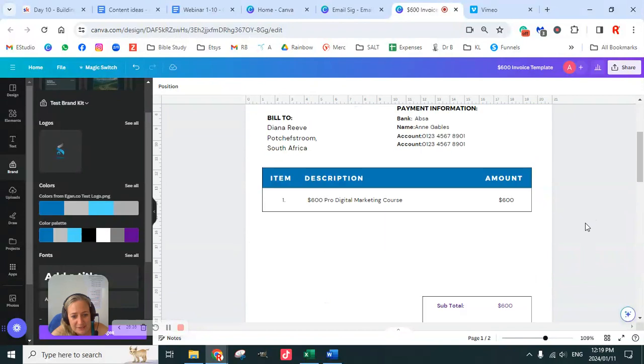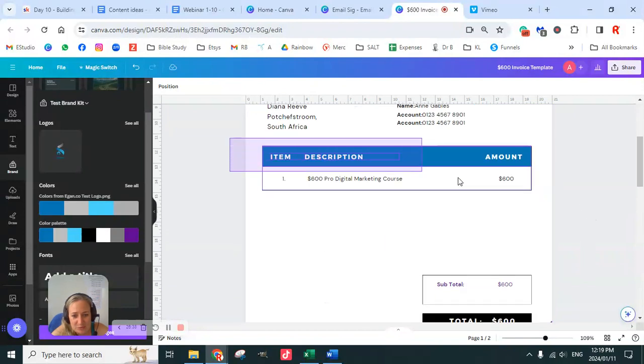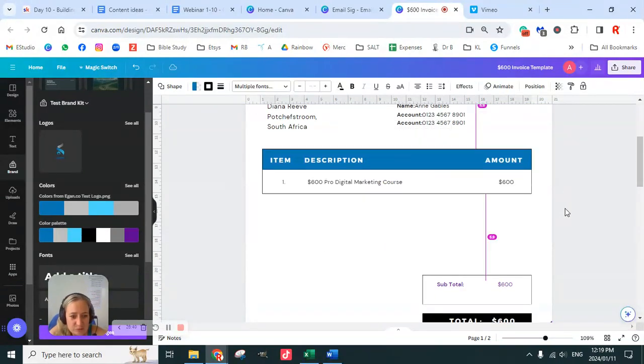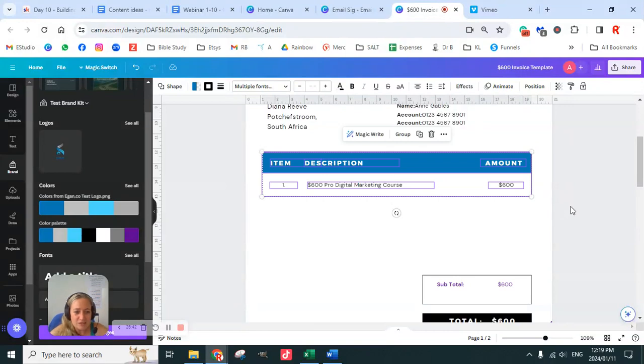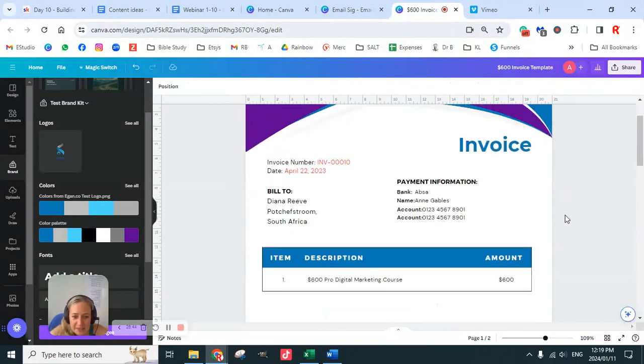And there we go, guys. That is as simple as it is to make an invoice for this business. Now, obviously, invoices can be more complicated if you want to start adding VAT and tax and all these things. Now, guys, if this is going to always be your 600 template, you don't have to